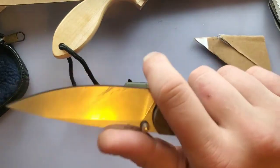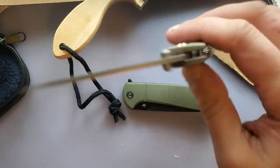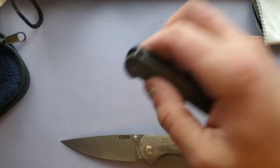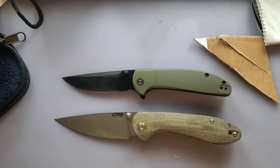This guy, I guess you could choke up in that position. Not as ergonomic by any means. It does feel good in this position. The Feldspar is just a staple for CJRB. It's one of their originals. So, through all this garbage that we have here is the Civivi Badlands and the CJRB Feldspar Large. The reason I bought another Feldspar, which is the first...